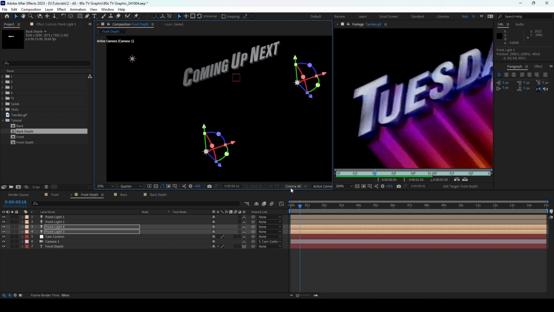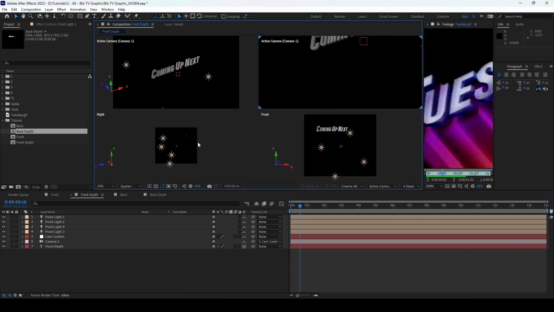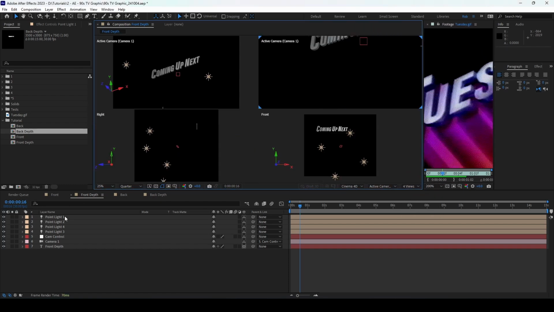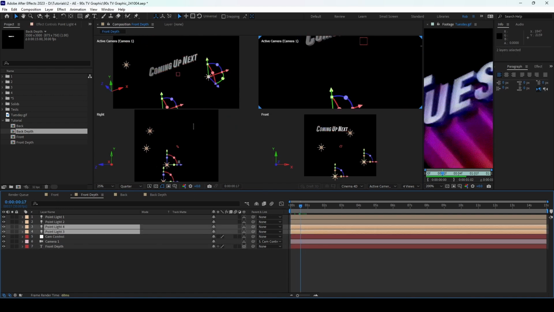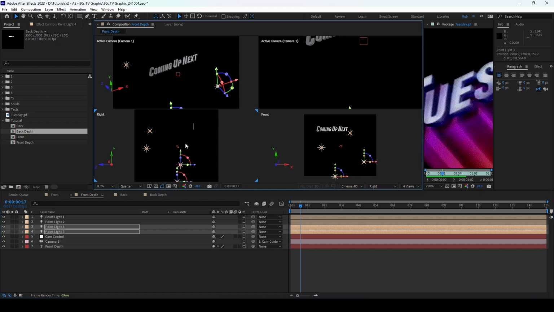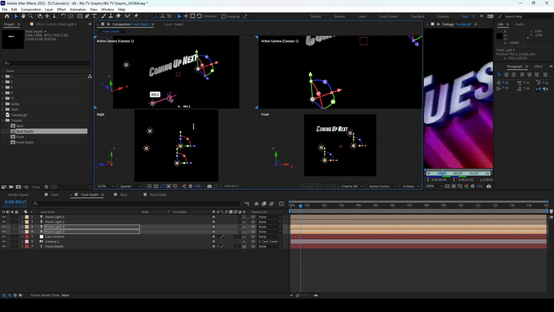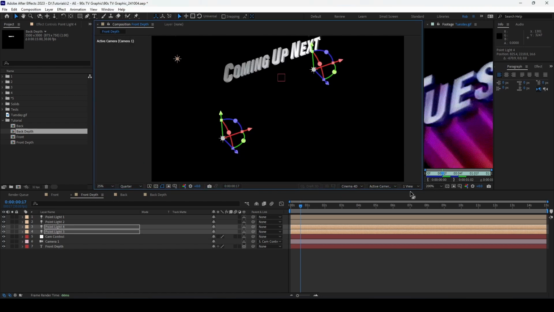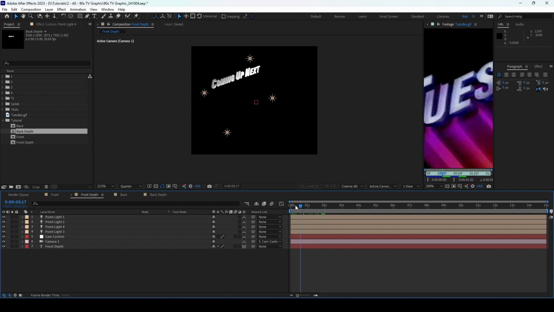Just so we get some edges. One of the things you can do when you're working with 3D is come to views, go to 4 views, and you can see where you're, there we go. So we grab these and we're gonna move them up and over and move them this way. Yeah, we're just looking to try and get some even lighting. Back to one view. That looks pretty good for right now. So now we have the lit up